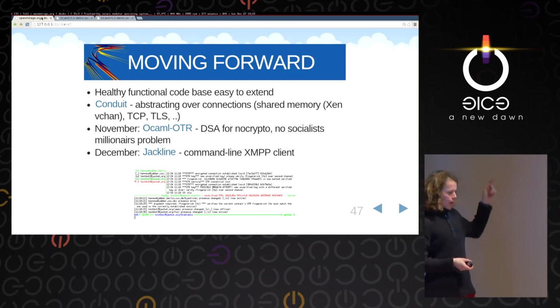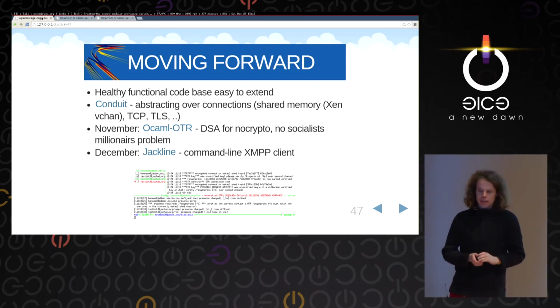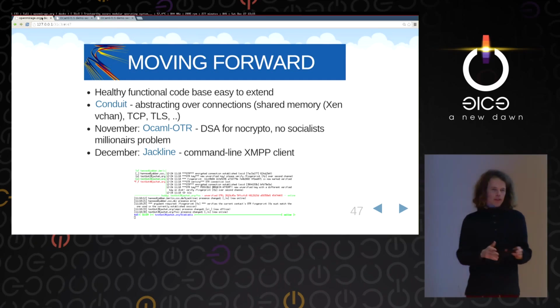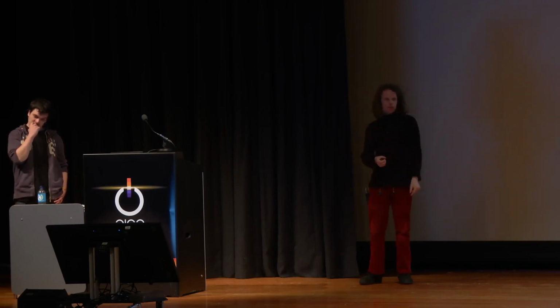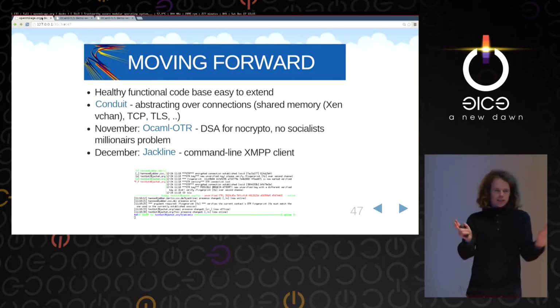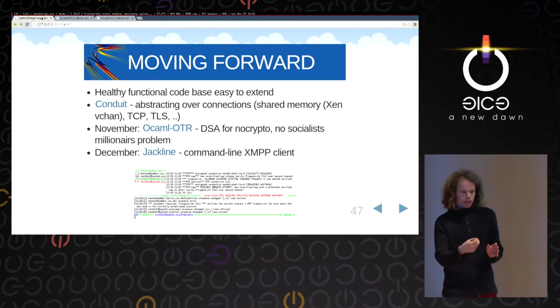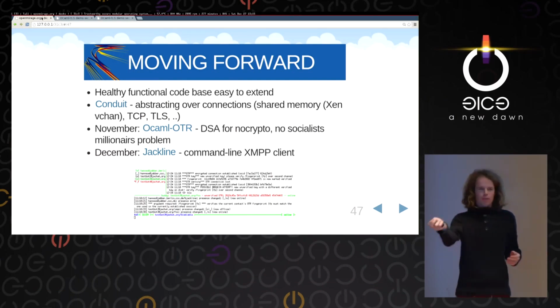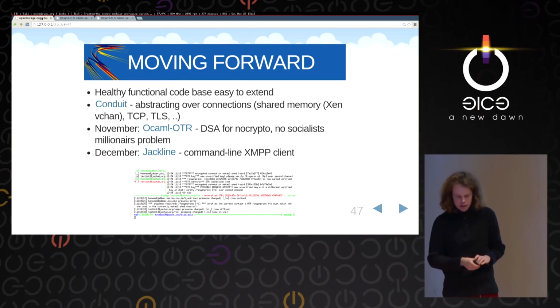We even have a framework called Conduit, which abstracts over the various kinds of connections you can have, either shared memory or TCP or TLS or whatever. The Conduit library is, on both server and client side, an abstraction over that. And you just say, oh, I want to talk to that host. And if it's on the same physical host, you can just have a virtual shared memory